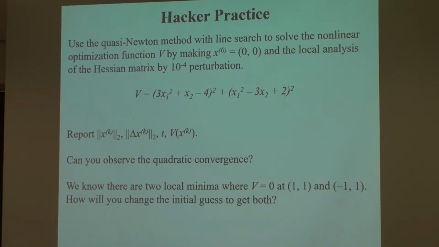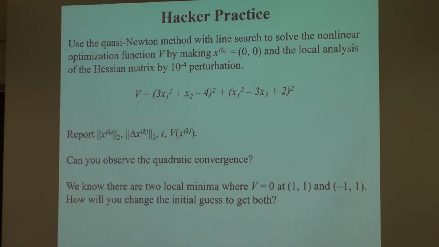So that's not strange. Okay, so let's do one. So V, you can probably see this is adapted, and this one example will be used twice. V is simply the two equations I have used as an example put together, and the second norm of that is my V. If this is 0, the minimal point, I already know the answer, right? The minimal point is when this goes to 0 and this goes to 0. You can observe very clearly where the optimization point is.